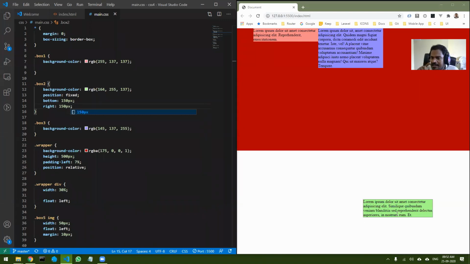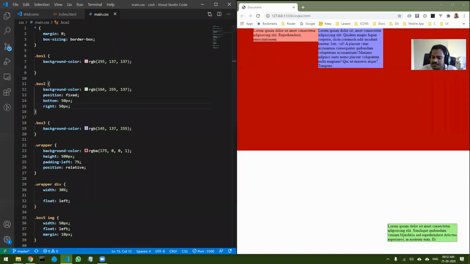You can have an icon. We will see how to use icons also. So you can have an icon over there of plus sign, and then you can position this using this value. So I think 150 is too much. Let us take 50. So this is how it will look.